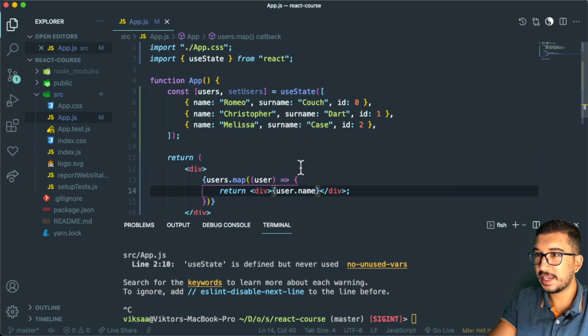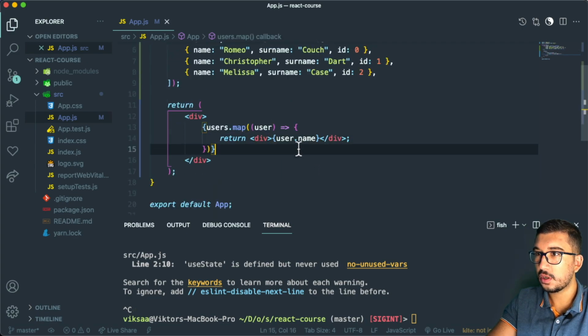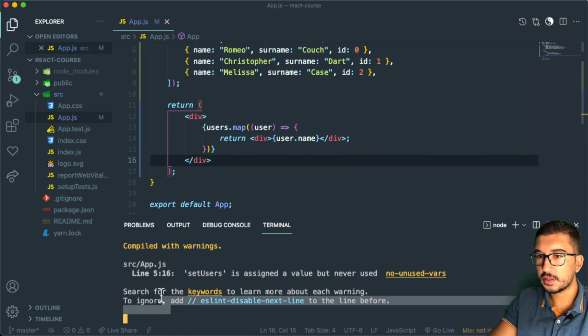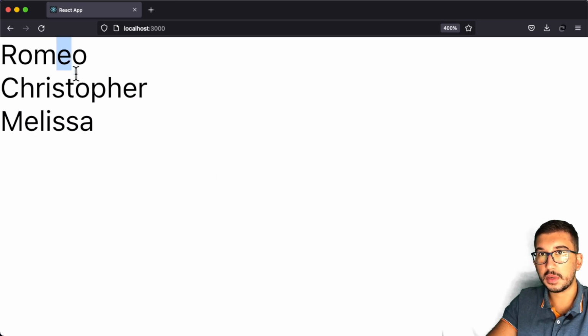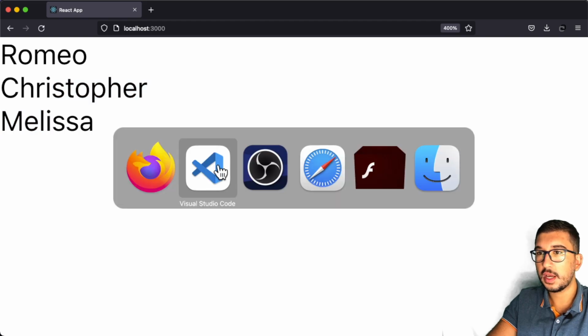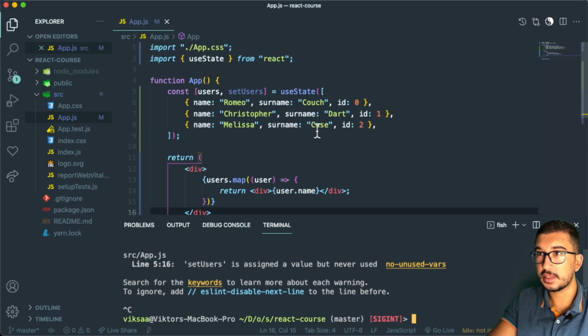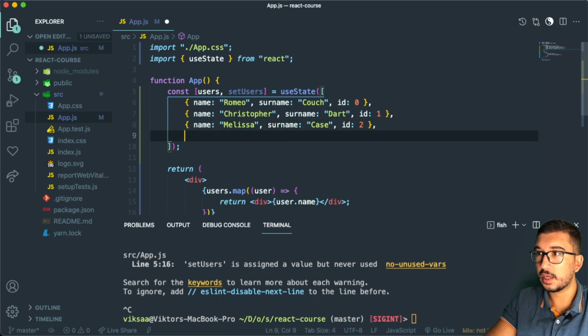And now if I save this, it's going to be styled differently. And now if I run my app with npm start, and after successfully running the server, if I go into Firefox to check out my app, you can see I get all of my users' names printed out. And the interesting thing is, since this is dynamic, as you can see, we're iterating through each user. If we, let's say, were to add another user like so, let's say another Melissa, and I'm going to say